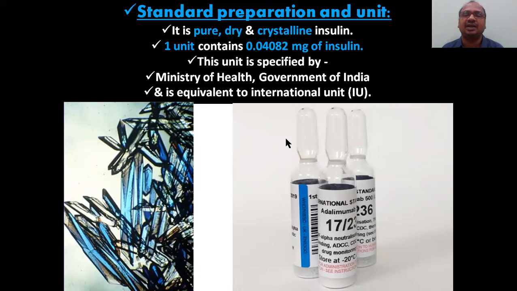1 unit contains 1 unit of this. We know that insulin is measured in units: 2 units, 3 units, 4 units, 20 units, like that, when taking an insulin injection. One unit of insulin contains 0.04082 mg, not grams. Keep in mind, 1 unit is equal to